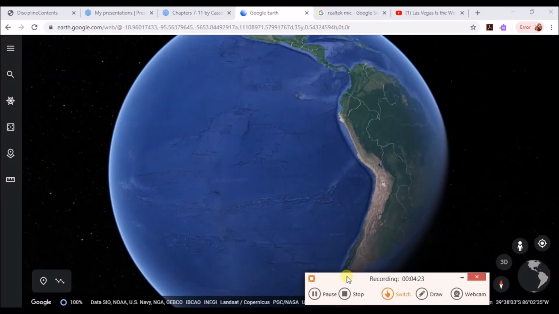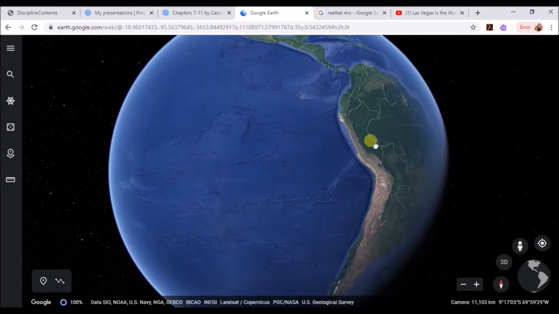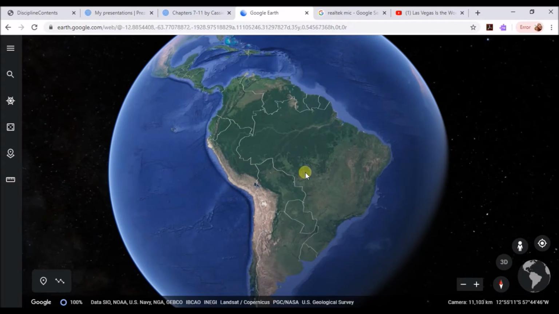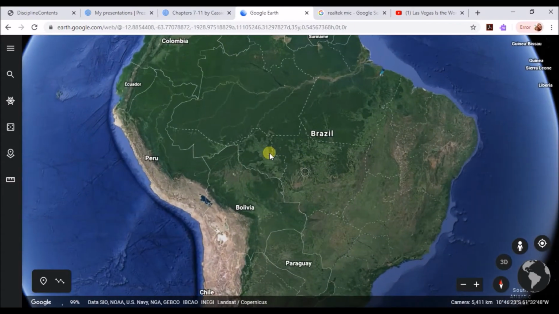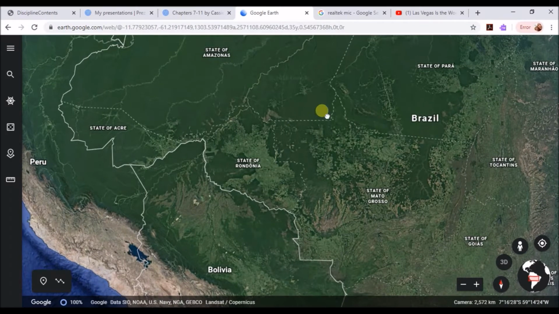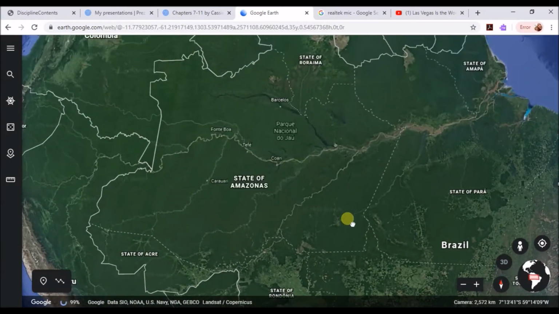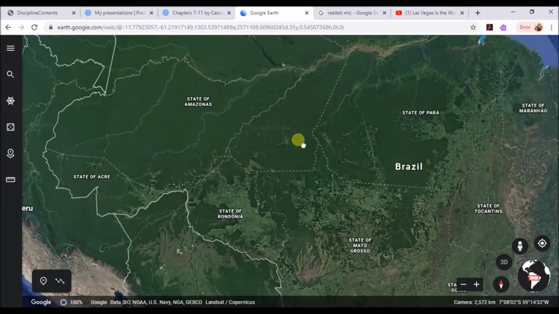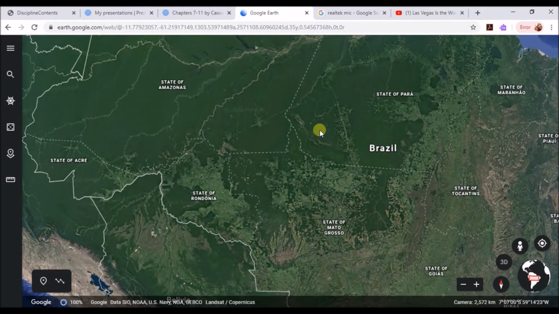But what we see worldwide is we've actually lost 50% of our forests worldwide. Now, a lot of that is due to farming. Here is the Amazon rainforest, very famous forest, so pretty much all of you know about it. If we go out here, outside of Brazil, Brazil is working really hard at trying to maintain the forest, but a lot of the other countries aren't doing so well.